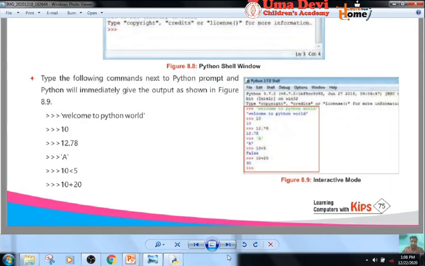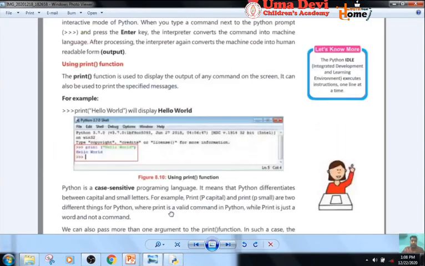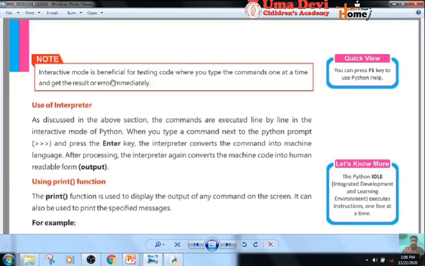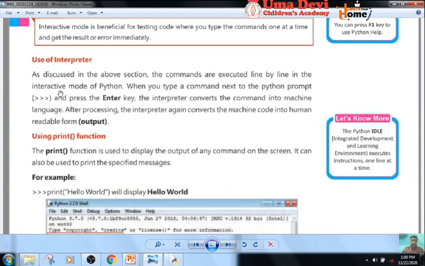Now, a note is given here. Interactive mode is beneficial for testing code where you type the commands one at a time and get the results or errors immediately. Use of interpreter. As discussed in the above section, the commands are executed line by line in the interactive mode of Python.